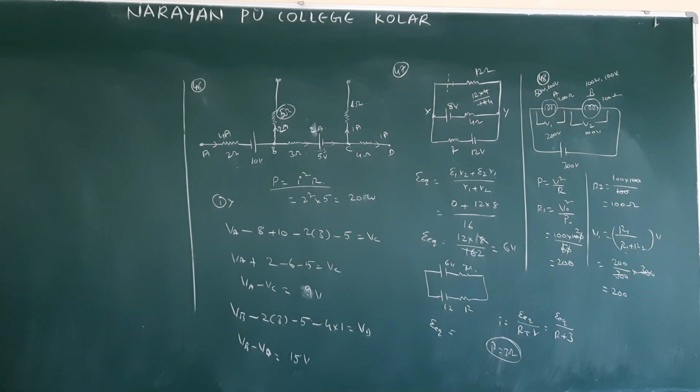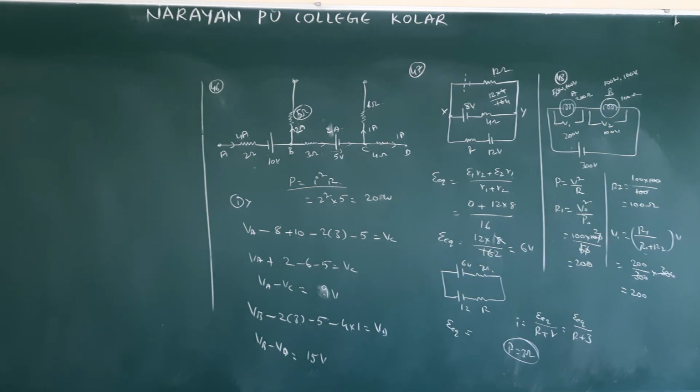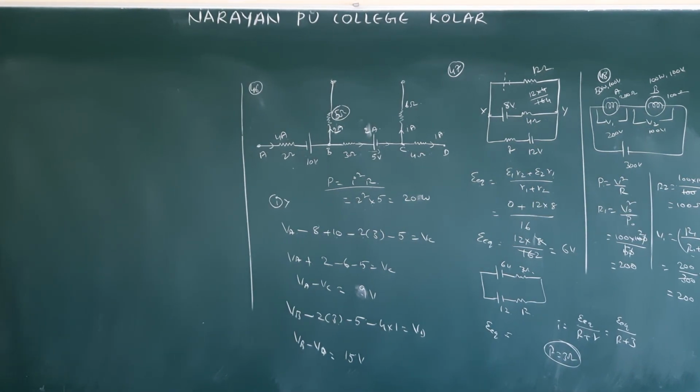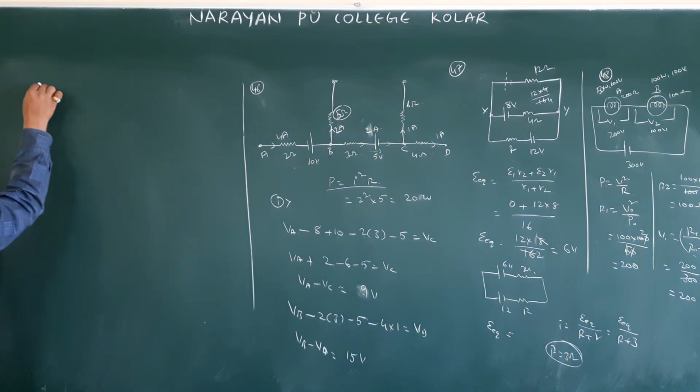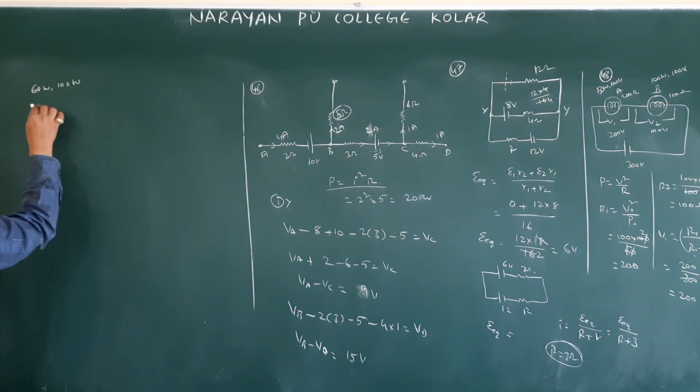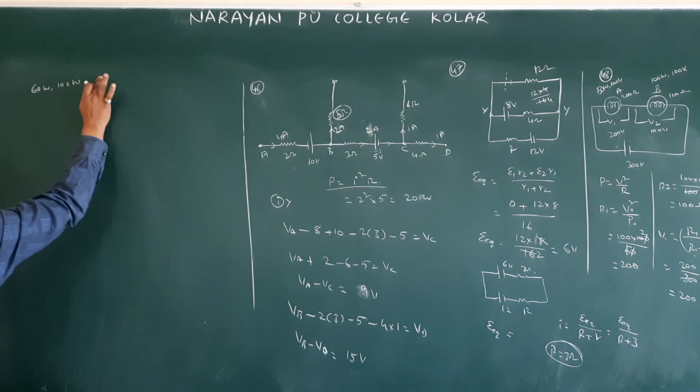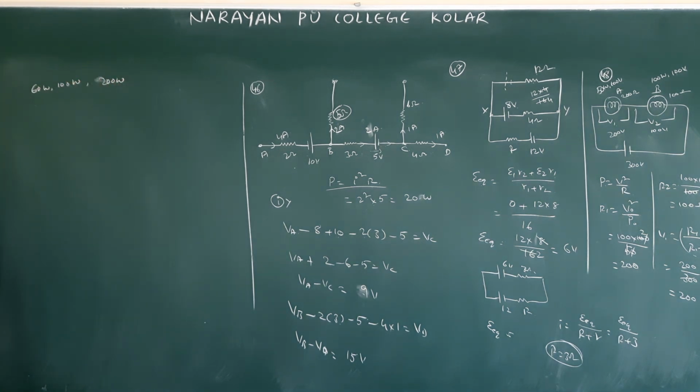See the last question in this. Why I am saying last question is that the remaining questions give capacitor and resistor combinations, so presently we can't discuss those. See the 49th question. Three bulbs are rated 60 watts, 100 watts and 200 watts, designed to work on 200 volts. Which bulb will burn most brightly if they are connected in series across 200 volts?